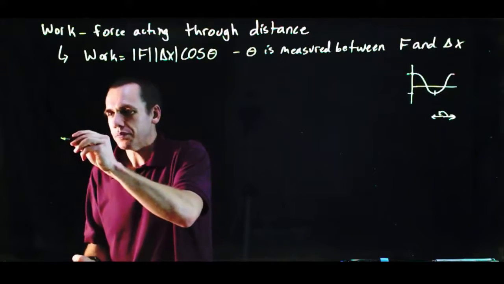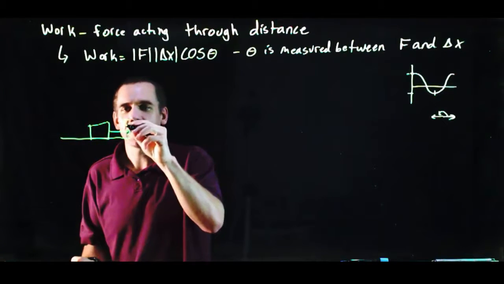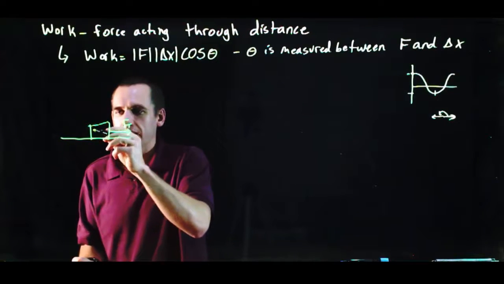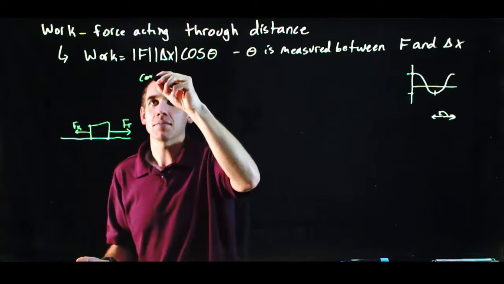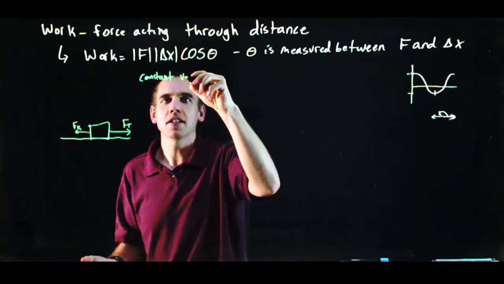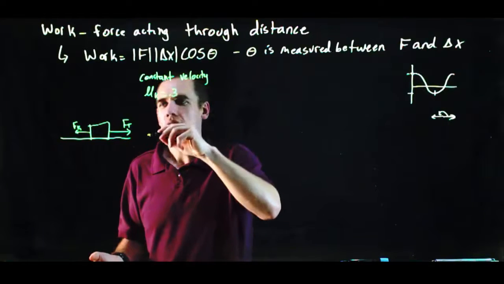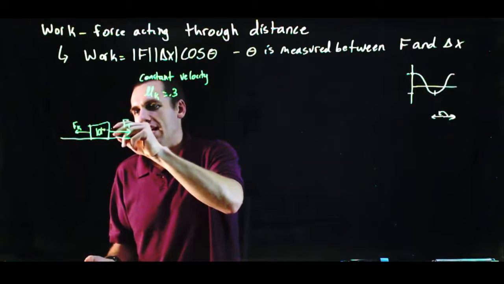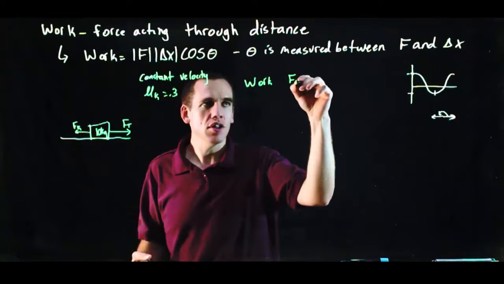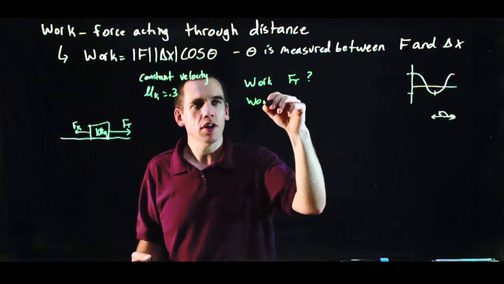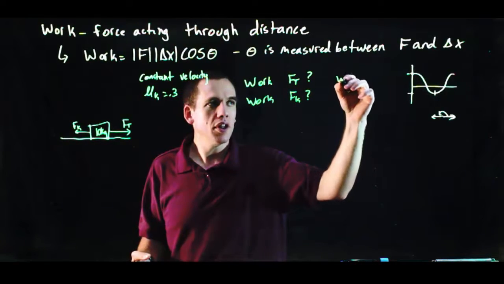So let's take a look at, say, a box being pulled by a rope. So I've got tension pulling the box that way, and I'm going to have friction acting that way. And we're going to have this thing moving at a constant speed. So speed is constant, and we'll let the coefficient of kinetic friction be 0.3, and we'll let the mass of the box be 10 kilograms. And what I want to know is how much work is done by tension, and how much work is done by friction,